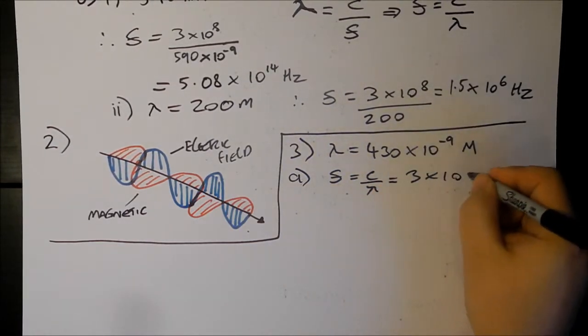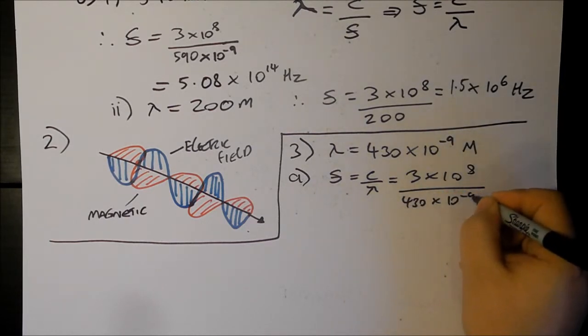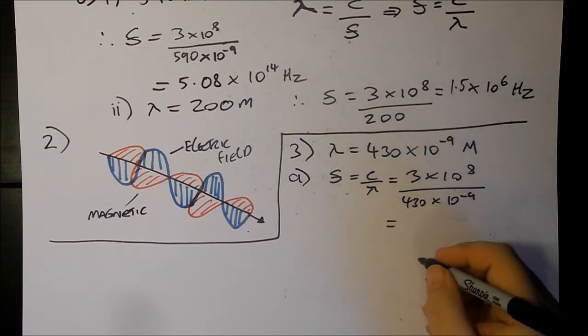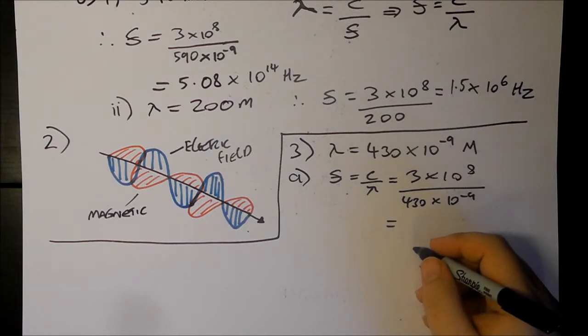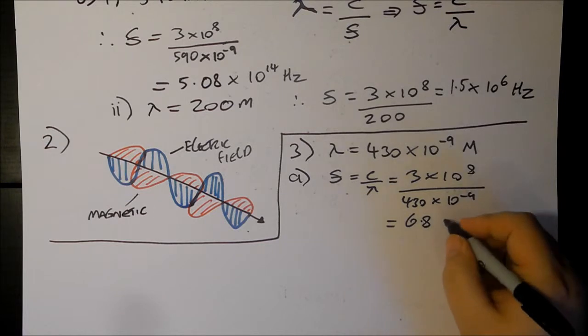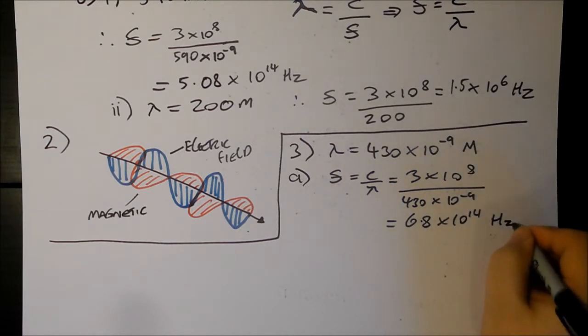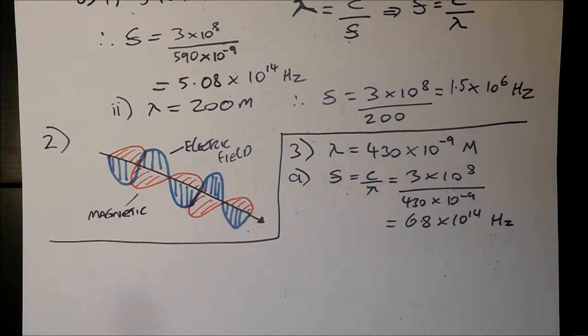3 times 10 to the 8 over 430 times 10 to the minus 9, and you're going to get an answer of, checking my results, 6.8 times 10 to the 14 hertz. Again, it's in the right range. Part B,